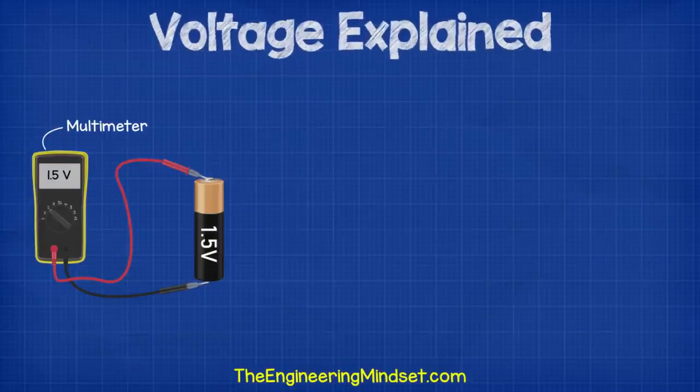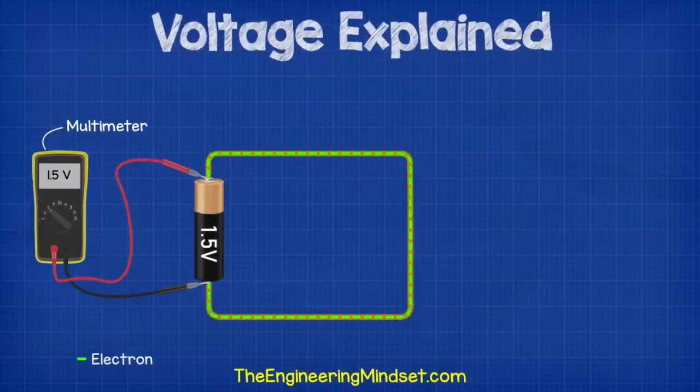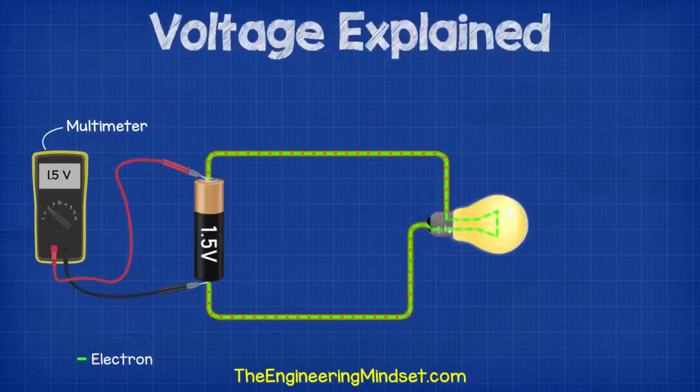and positive terminal. If we connect a piece of wire to both terminals of a battery, then the pressure of the battery will force the electrons to flow all in the same direction along the same path. We can then place electrical components in the path of these electrons to do work for us. For example, if we place a lamp into the circuit, then this will light up as the electrons flow through